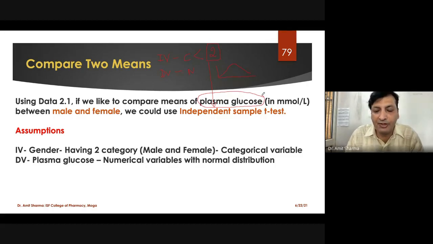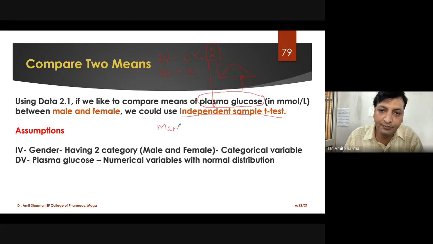When we checked the normality of plasma glucose, we found an exact bell-shaped curve, so we decided we'll go for the independent sample t-test. If the distribution of plasma glucose was not found normal, then we have to go for the alternative of the independent sample t-test, that is called Mann-Whitney U,